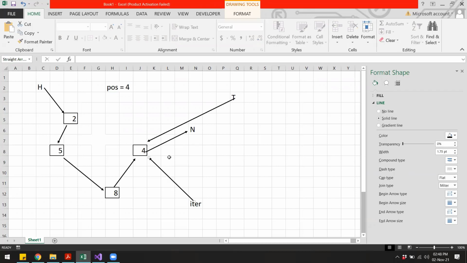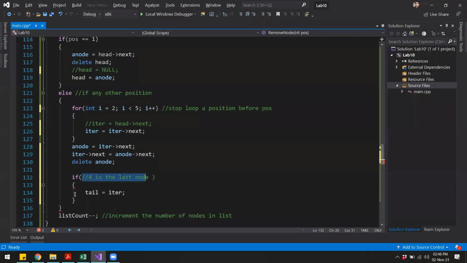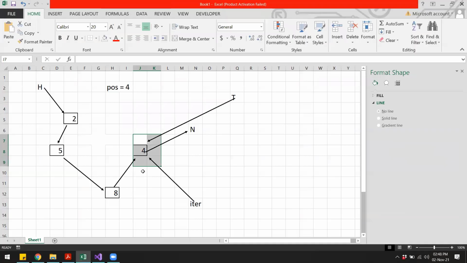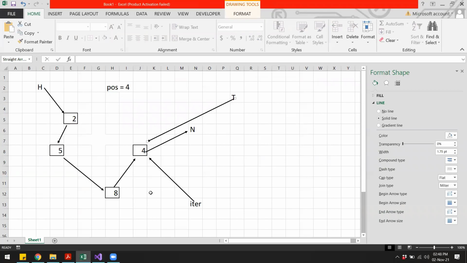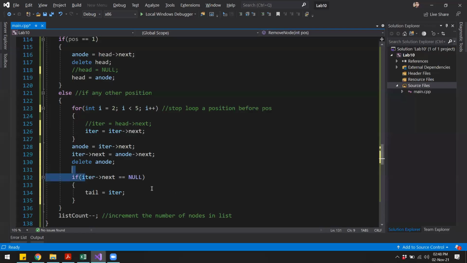It is iterator arrow next, right? So we can say if iterator arrow next is equal to null, then we just simply make the tail pointer point to the iterator.